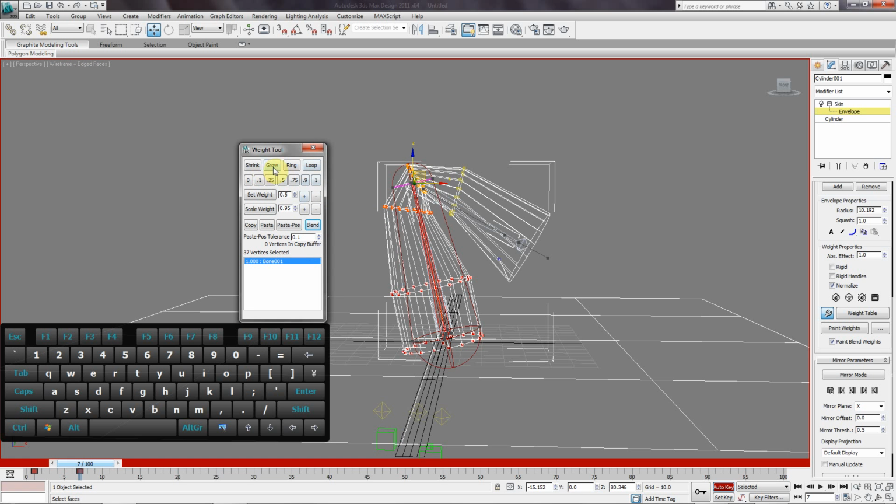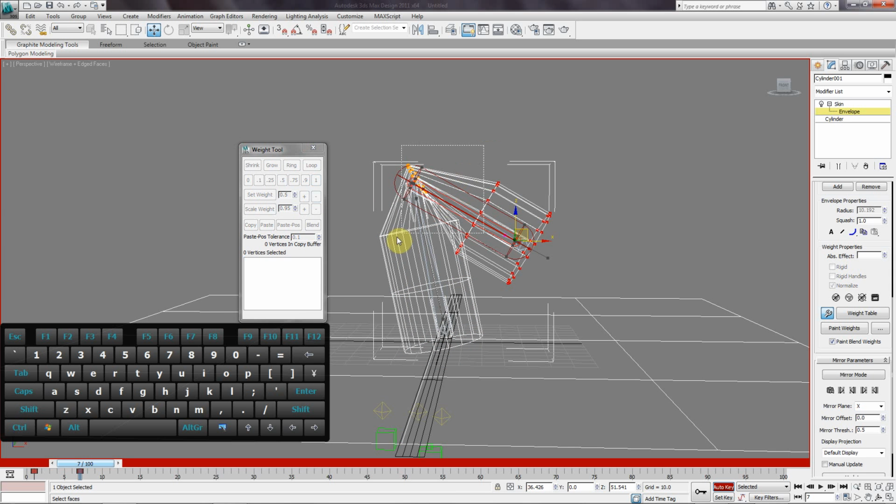So you could even use grow to enhance or grow your selection and just increase the weight or assign a manual weight like 1. Right? And that will help you clean up the weight values. Alright, so that's just something to play around with, and you can experiment with your different bends. Okay, but